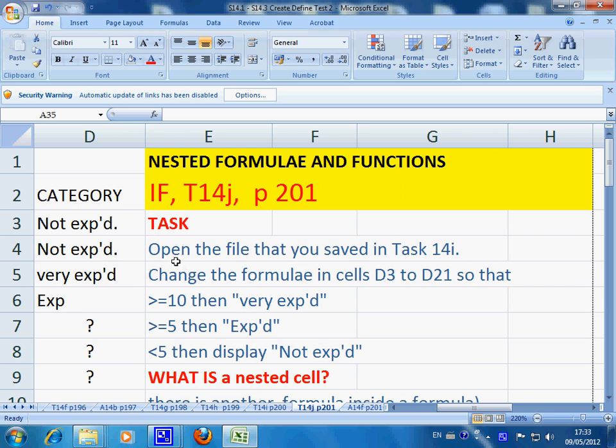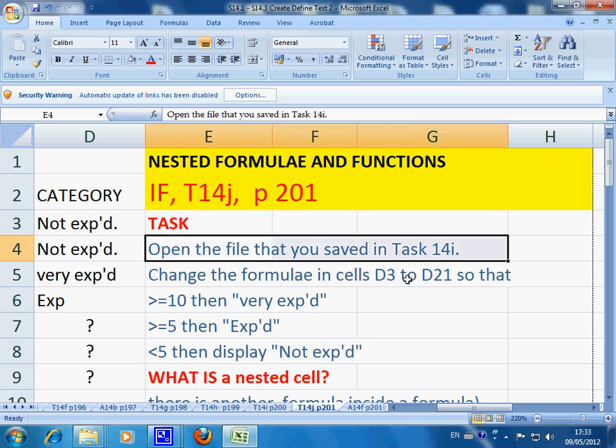You have to open the file that you saved in task 14I, and from there you can copy the text over and use it as a source file. Your main task is not to learn how to type. Your main task is to learn how to use if functions. Now let's have a look